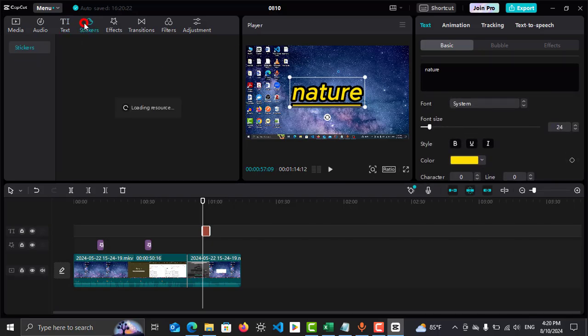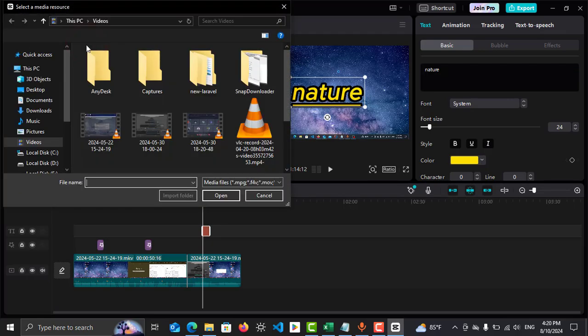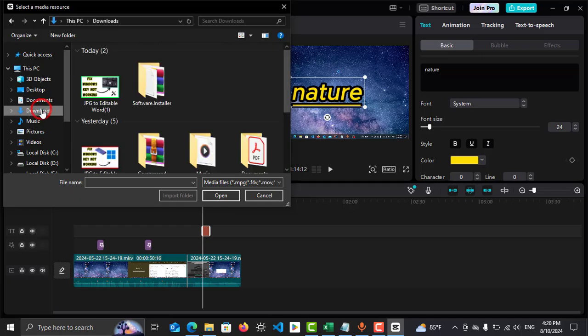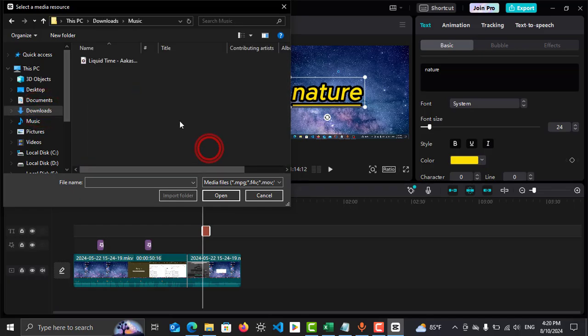And you can see there is an option called stickers. Those are loading currently. You can drag and drop those into the timeline also, and you can adjust the audios. First you need to import the audio, so you need to go to media and tap on import here and find where the audios are located. In my case it is in download and music. This is the audio I like to use. Double tap on it,